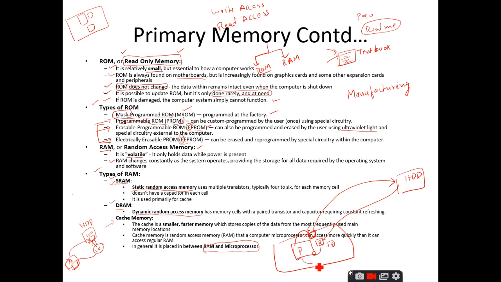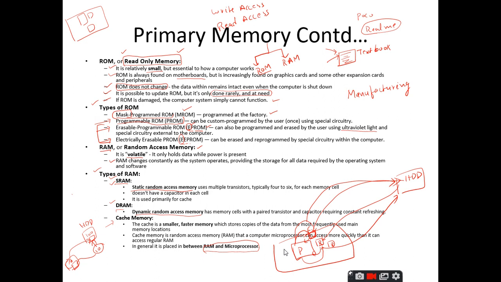Again, after processing, results will be stored in the RAM, and again it will be stored in the hard disk drive. In the same case, when it is available in the cache, it will bring it from the cache, process it, and store the result in the cache memory, and again store this result from the cache memory to the hard disk drive. So, the location of the cache memory is in between the processor and the RAM.